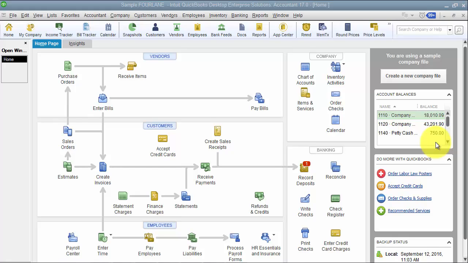Okay, in this video we're going to go through some debits and credits, my favorite. In order to understand QuickBooks or use QuickBooks most effectively, you really should understand the debits and credits. Now, you don't necessarily need to know debits and credits because QuickBooks will tell them to you, but you need